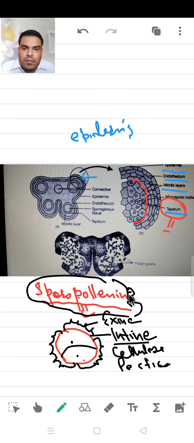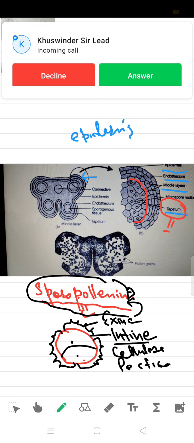This sporopollenin is very hard, resistant, and helps in the fossilization of the sperm. So keep in mind that this is very important because it helps in the